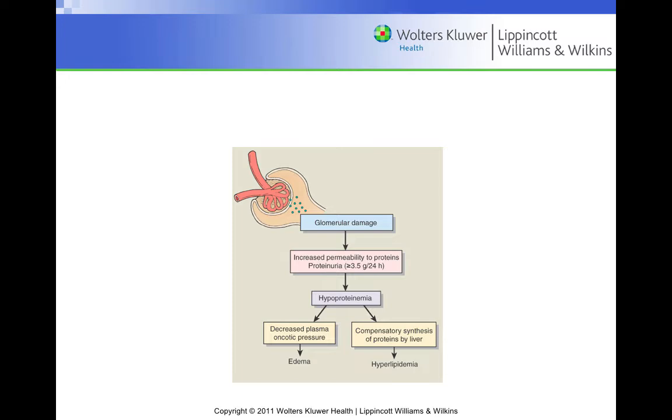This creates a problem that allows increased permeability to proteins, and hence the first sign and symptom of kidney disease is generally proteinuria. That creates all sorts of other problems because that protein is supposed to be in the body, maintaining our fluid and electrolyte balance, mainly our fluid balance. And when it isn't, it creates an opportunity for hypoproteinemia to occur, which can create decreased plasma pressure and create